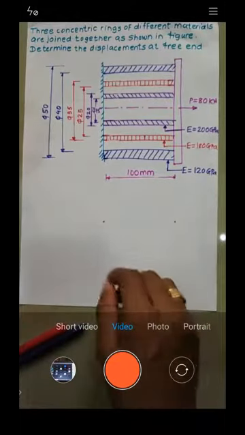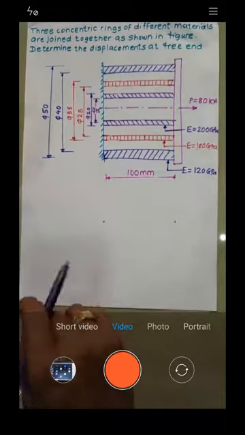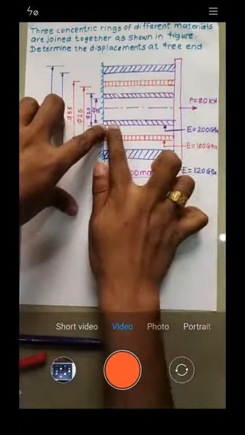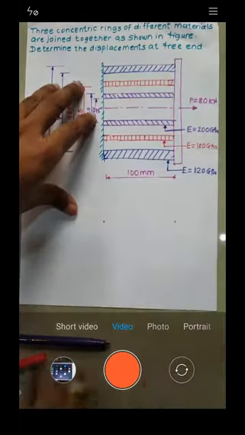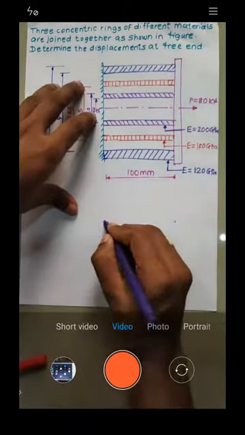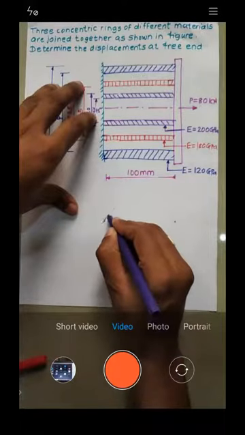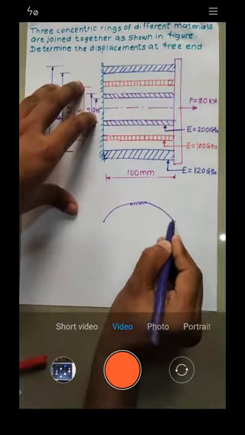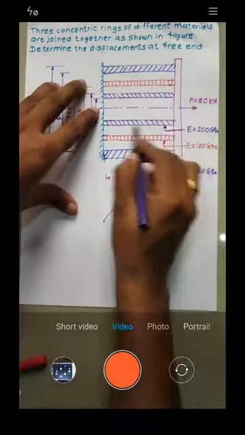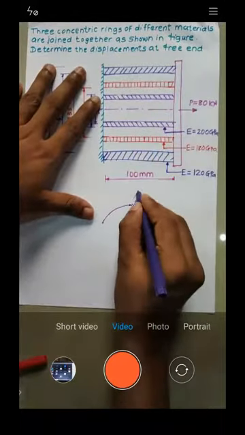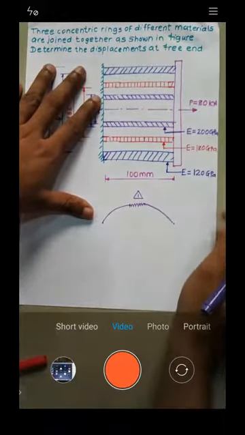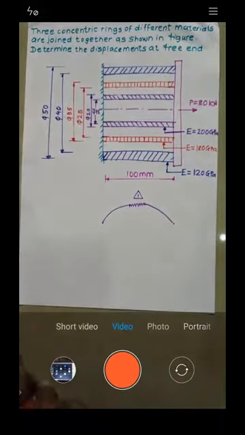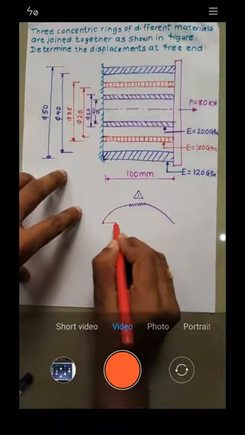Now let me write down first. I will draw the innermost ring like this. This is the innermost ring, which I will call element number 1. After that, I will have the middle ring, which I will call element number